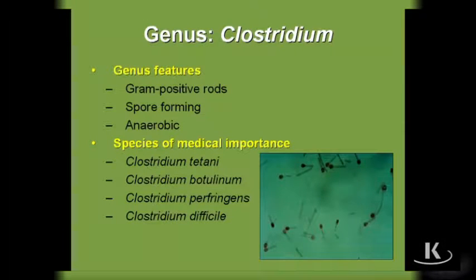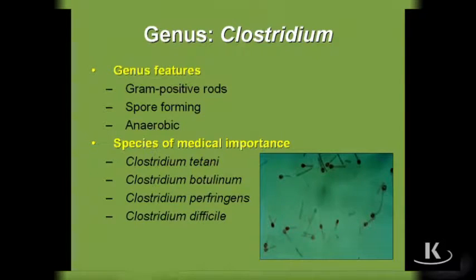The next genus we're going to talk about is Clostridium. And all 4 of the organisms that you see listed here are all high yield for the boards. Okay? We have the 2 neurotoxins in Clostridium tetani and botulinum. For Clostridium perfringens, we have gas gangrene, and for Clostridium difficile, we have now one of the leading nosocomial infections. So this is a very intense chapter with a lot of packed information that is highly testable on the USMLE